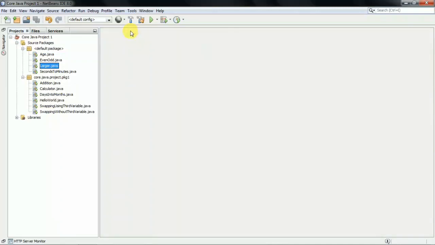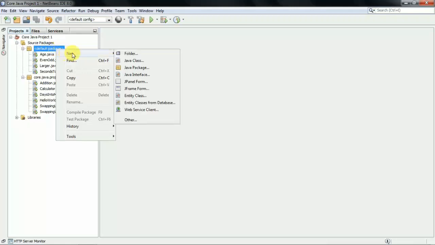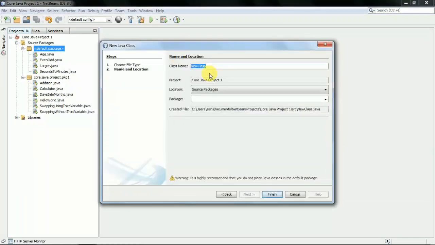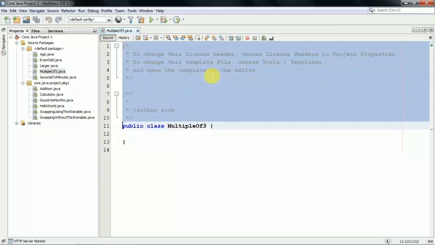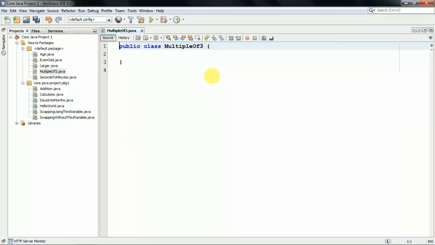So I am just closing this file. If you haven't watched the previous video, I recommend you to watch the last lecture and come back to this one. Now I am going to create a new file. I am creating a Java class here, and the name of this Java class will be multiple of 3. So we are taking the relevant name because we are going to check if a number is a multiple of 3 or not. So I'm just creating the file. Now you can see the file has been created and the name is multiple of 3. So now I'm going to take the main method, public static,